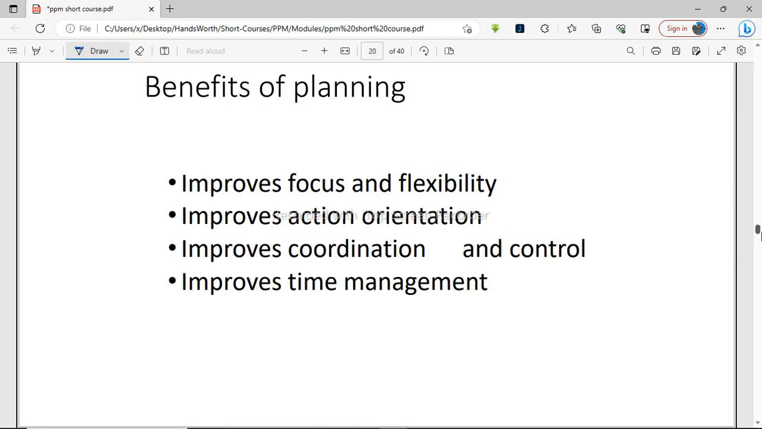And apart from that, planning also gives four benefits towards project management and implementation. The first one is that planning helps focus, and also flexibility. The thing about planning is that it helps you identify things that are necessary, so that even as you are implementing the project at any stage, you know that at this stage only these things are